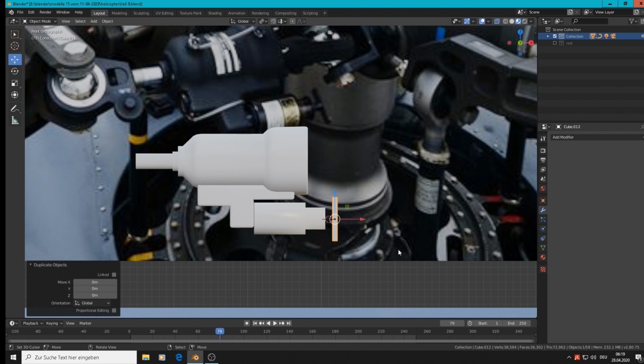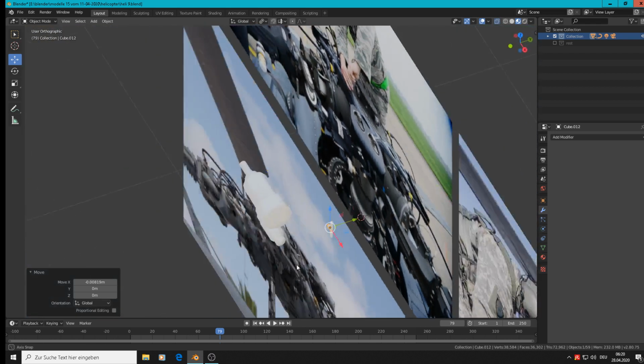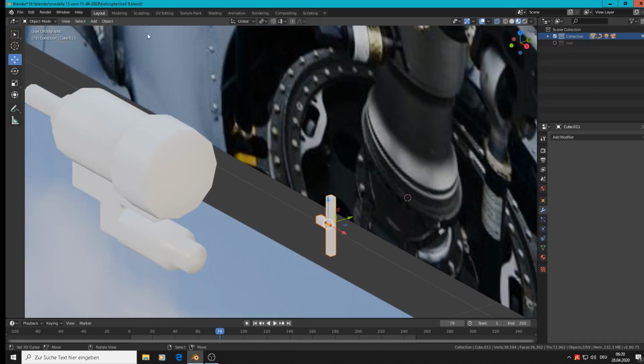Then Shift D, rotate Y 90, scale X. Bring it there. Good. So now that both should be joined,